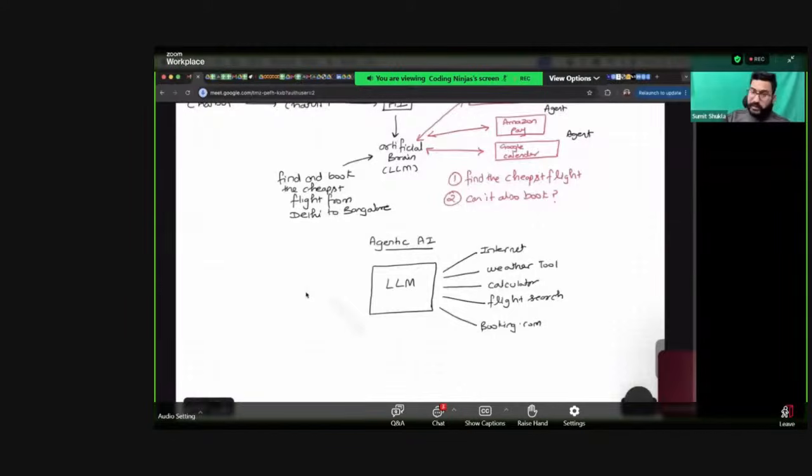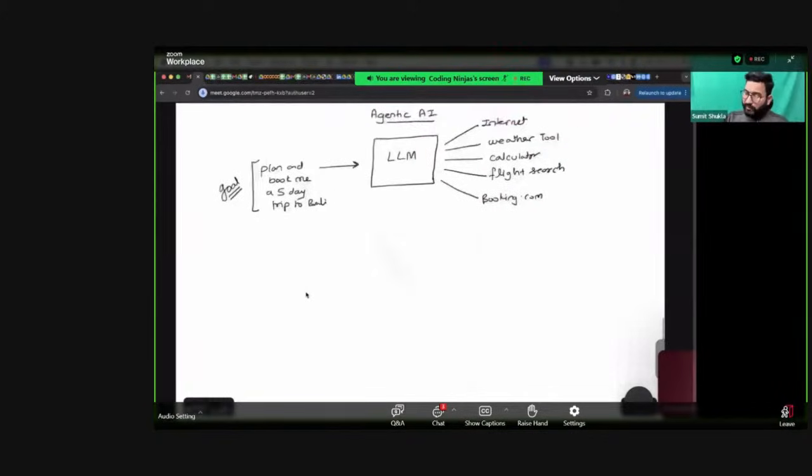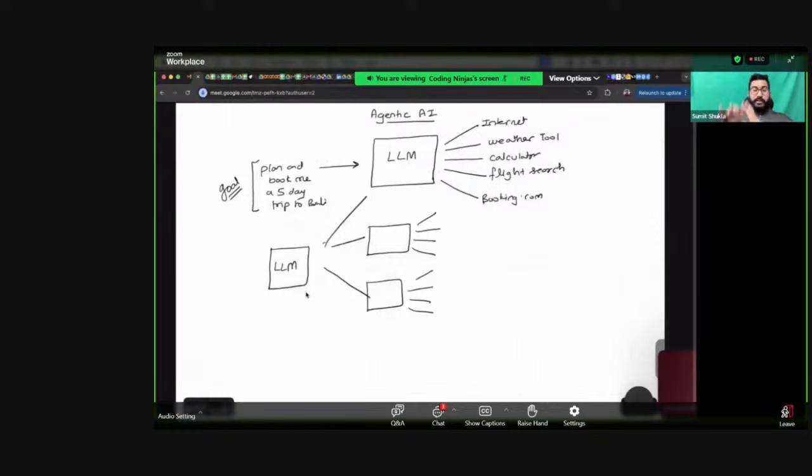And then if you provide this LLM with a question, plan and book me a 5 day trip to Bali, I hope you will acknowledge that this LLM, being the artificial brain with access to all these tools, can co-work and get your entire task, which is the goal, done, right? This entire framework is known as agentic AI. And if I involve multiple agents working together, that is known as multi-agent systems. So if I have another LLM with another set of tools, and another LLM with another set of tools, and there is one master LLM controlling all these, then this framework is known as